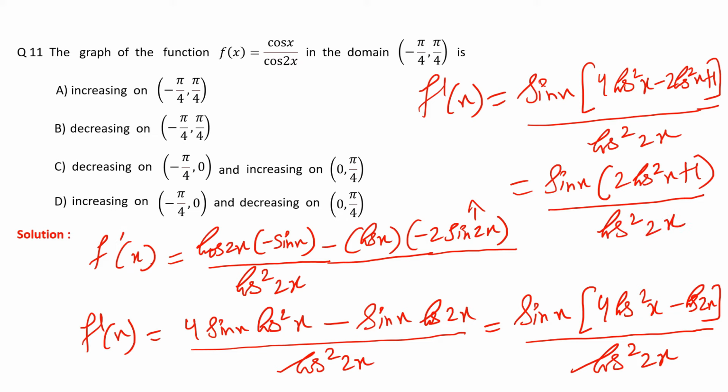Now students, 2 cos square x plus 1 is always positive because it is the sum of two positive expressions, and cos square 2x is again positive. So that means everything now depends upon sin x. If sin x is positive, then f dash x will be positive. Now in this particular interval minus pi by 4 to pi by 4, we know that in the fourth quadrant sin x is negative. That means from the region minus pi by 4 to 0, which lies in fourth quadrant,